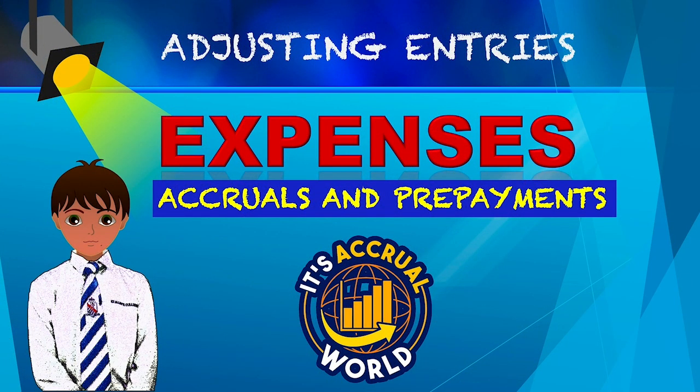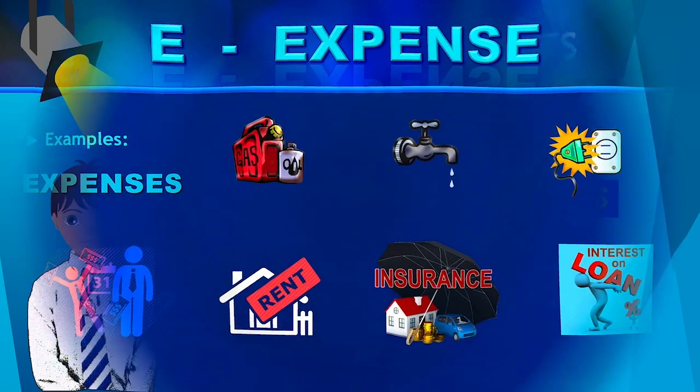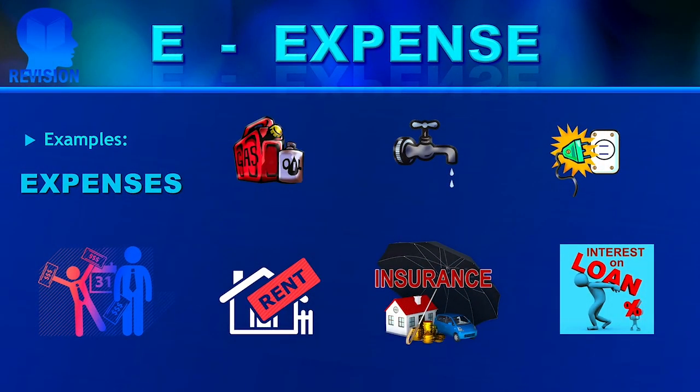If you remember, expenses are the cost of using your assets. So in order to use your car, you have to have gas, you have to pay insurance. In order to be able to use your building to work or live in, you have to pay your utilities, like your water bill and your electricity bill. You may have to pay rent because you may not own the building, so you will have to pay rent